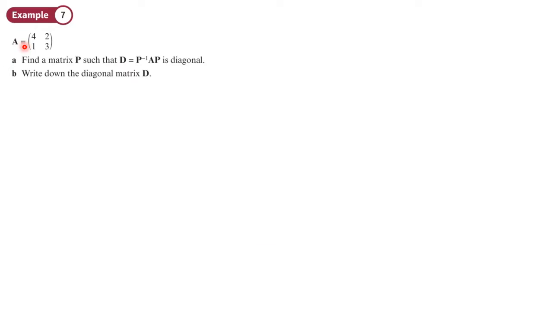Okay, so in this question we've got this matrix A and we want to find a matrix P such that this is true, where D is diagonal. So remember that the matrix P is made up of the eigenvectors of A, in each column. So if we want to find the eigenvectors, we need to start by finding the eigenvalues. Right, so let's do that. Let's start by finding the eigenvalues